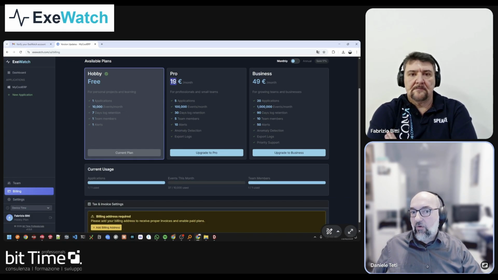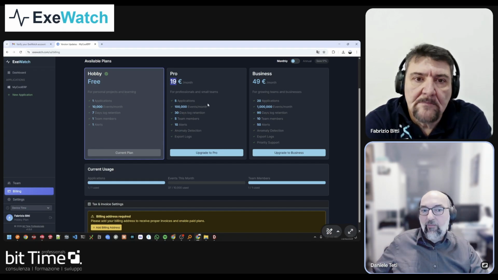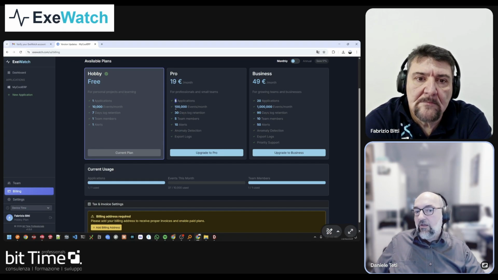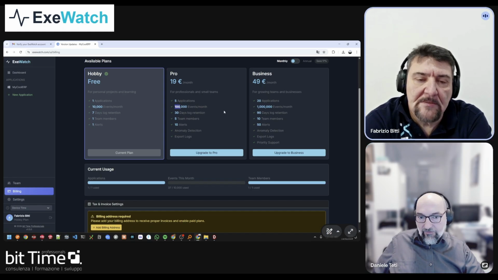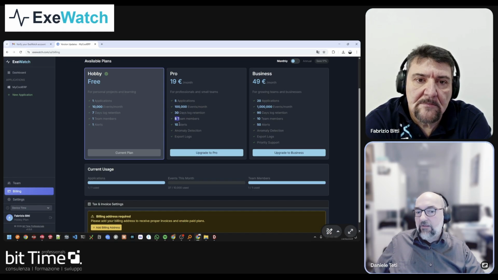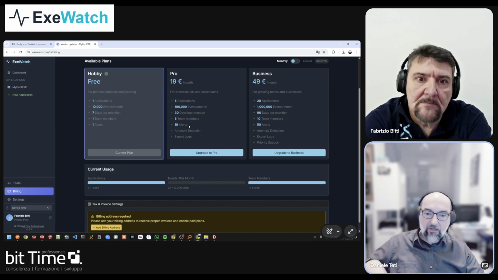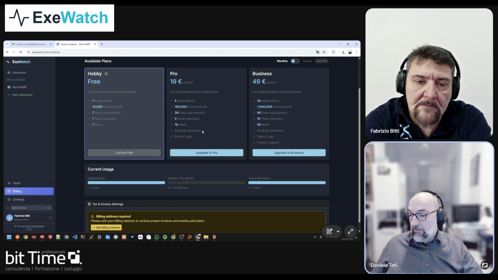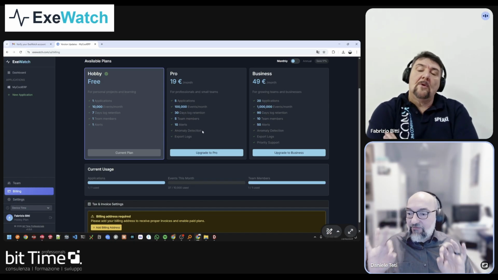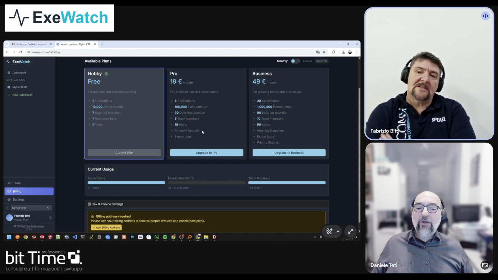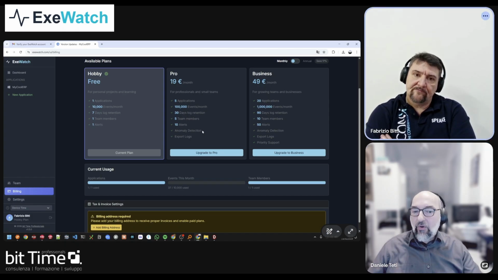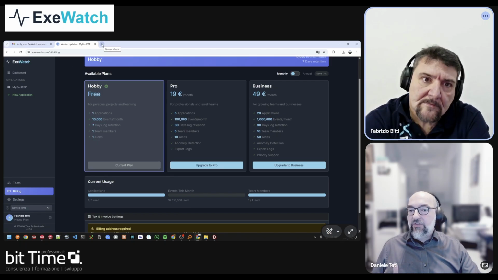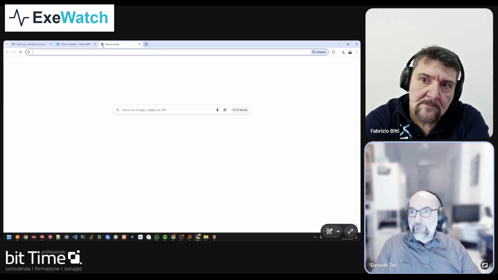The Pro one, with only 19 euros per month, you get 5 applications, 100,000 events per month, 30 days, 5 team members, 10 alerts mixed from timing and log level. Anomaly detection engine, which is automatic. What do you mean by automatic? Explain this. Automatic means, in the Pro level, if you check on the website,